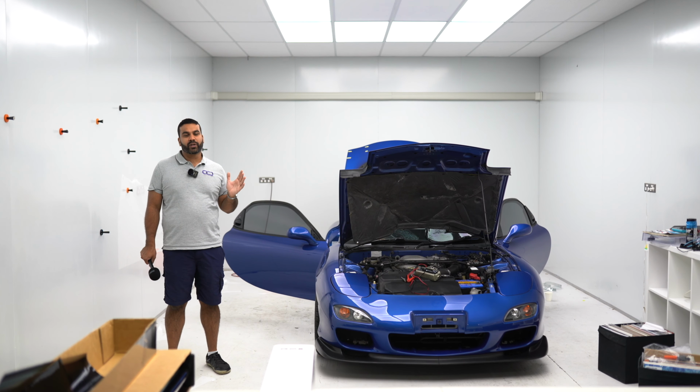we realized and we noticed that the car had actually been repainted. Some areas, the bumper's been repainted, the doors have. And the problem is the quality of the repaint was questionable. Like, it looks great, don't get me wrong, but some of the edges, the fades, the back masking, the blending, the masking just wasn't quite right. So we thought, should we really be applying PPF to this? Because the risk is that if we install PPF,